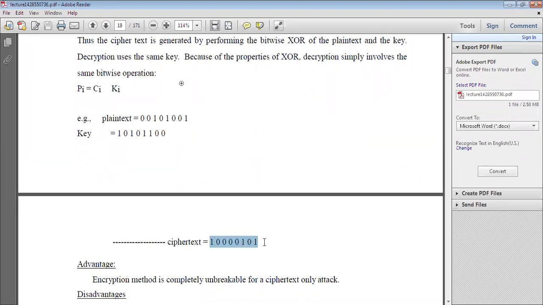This ciphertext we transmit through the communication channel. At the receiver side, we receive that ciphertext. Again, this ciphertext we have to decrypt. Okay, so this is the actual encryption process. How can we do the decryption process? See here.